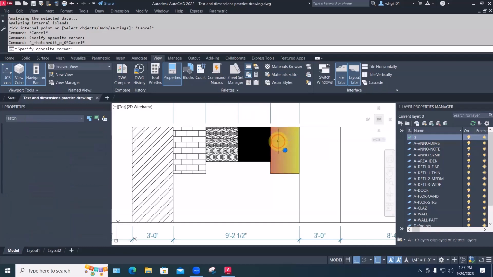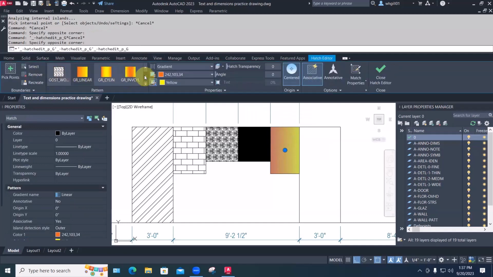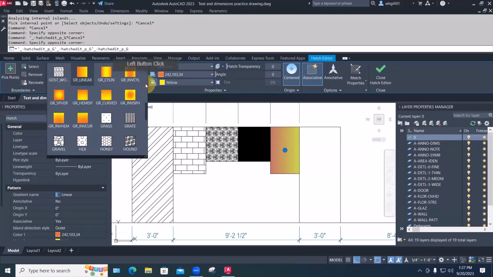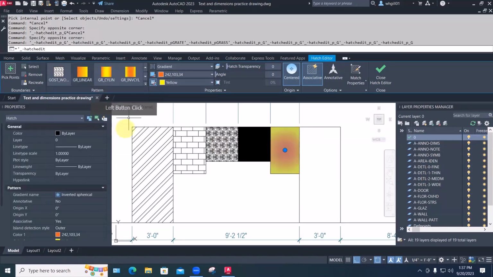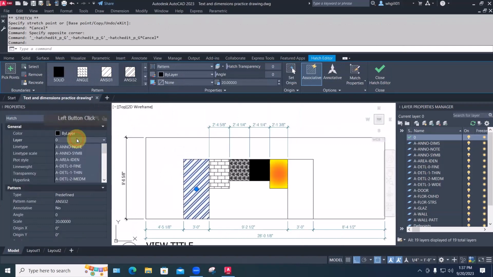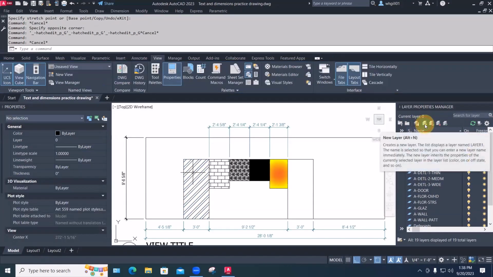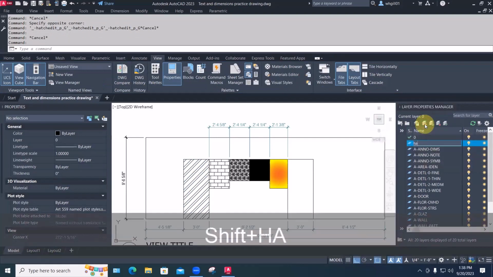And then with these also, we can choose if we want to have a different pattern. Say I want to do it circled, I can change these to a different gradient or indeed a different hatch pattern. If I were doing this for a presentation, I'd make up some layers, called like title page hatch or something like that, so they wouldn't turn on and off with other objects or worry about the color. I'll make a layer here, here's the button for new layer. Let's call this hatch